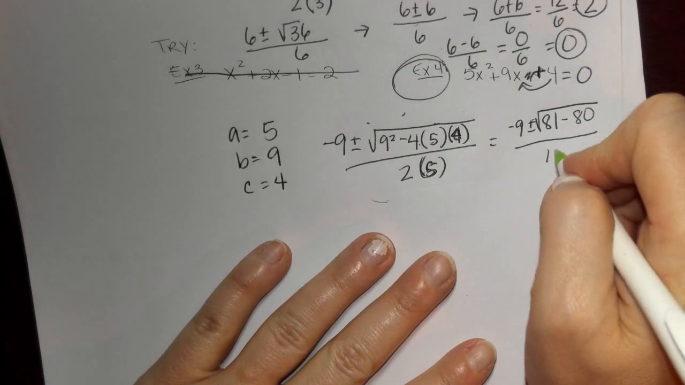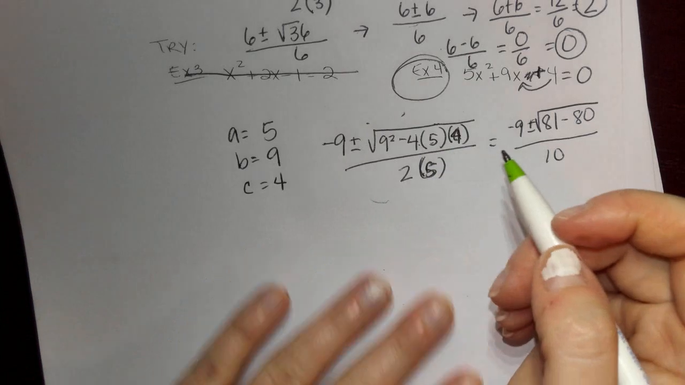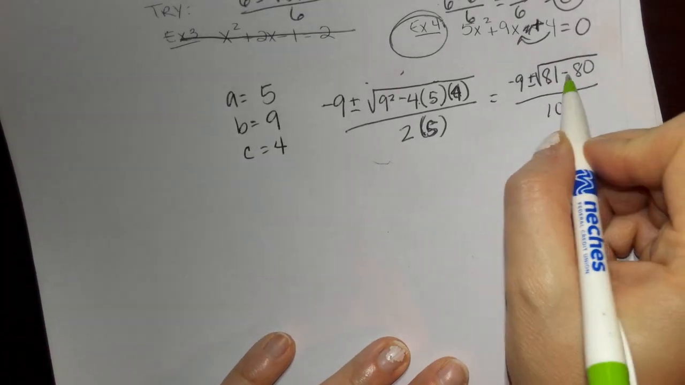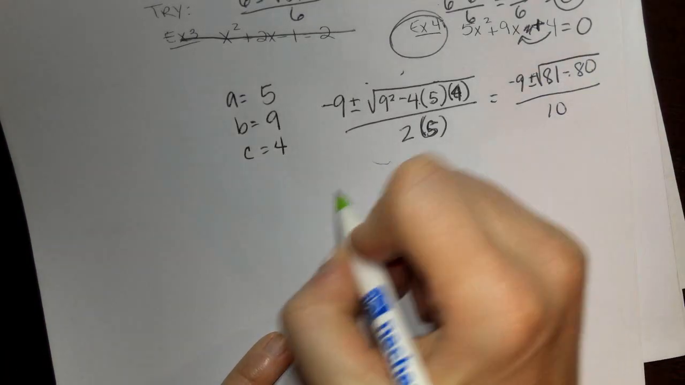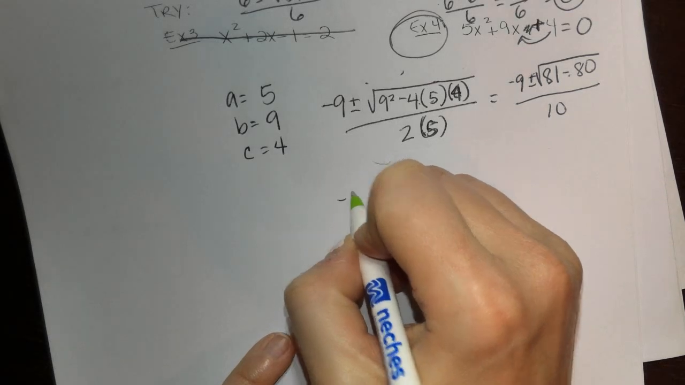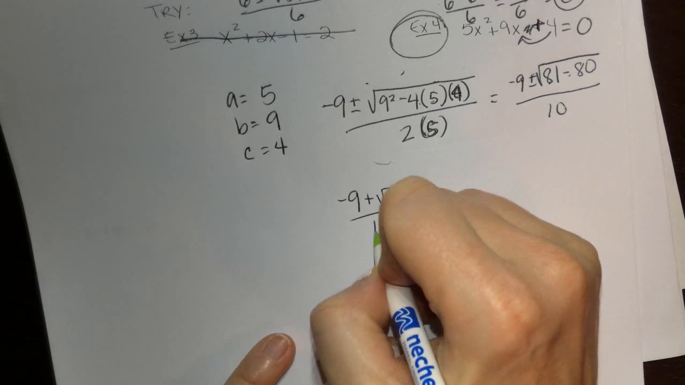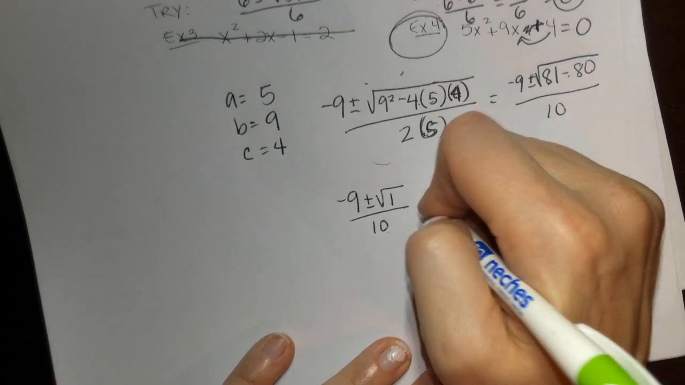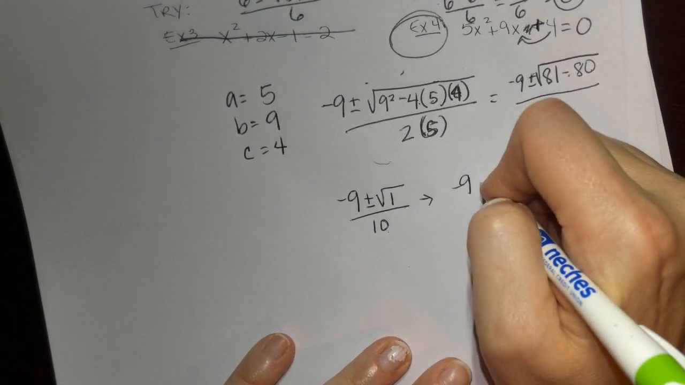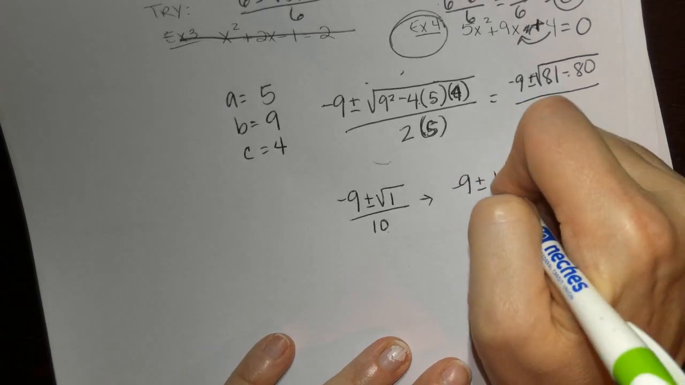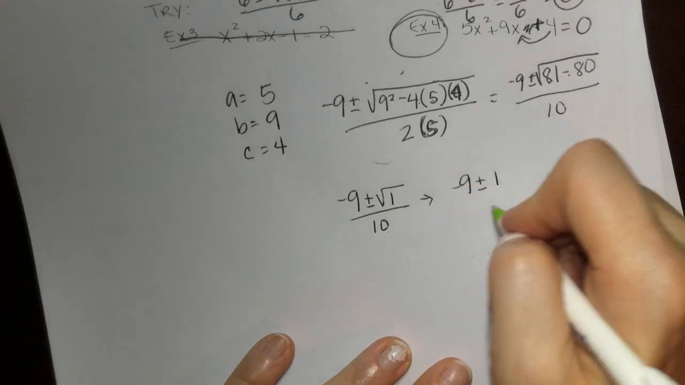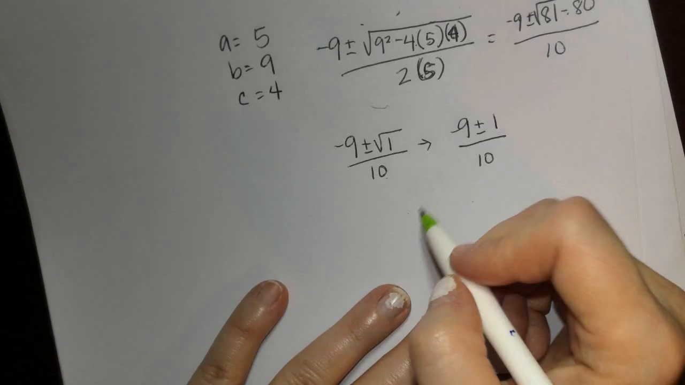All over 10. So we can figure that out now. 81 minus 80 is just 1. So negative 9 plus or minus the square root of 1, which is negative 9 plus or minus 1, because the square root of 1 is 1, all over 10. So if I break that down, I get